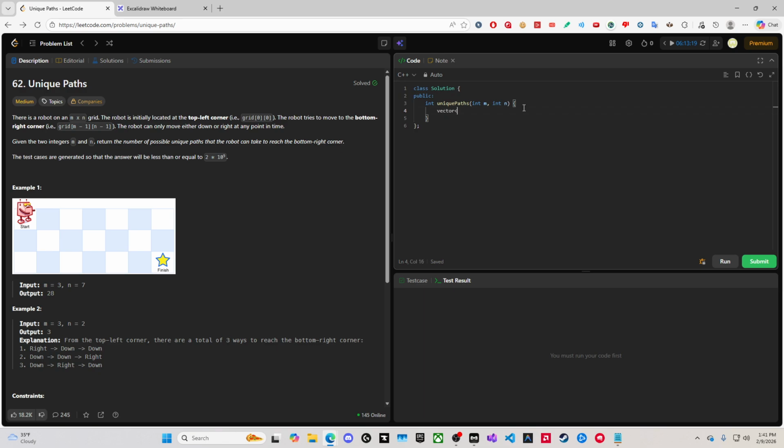So we're going to say vector int, right? We're going to say dp m, and we're going to say vector int n, 1. We're just setting up a DP array, m by n, and setting everything to 1. Okay, pretty simple. Now, remember, we're going to skip the 0th index for the row and the column,